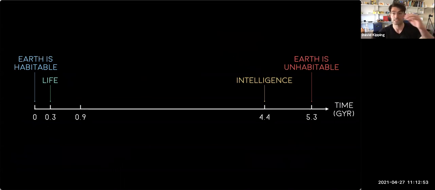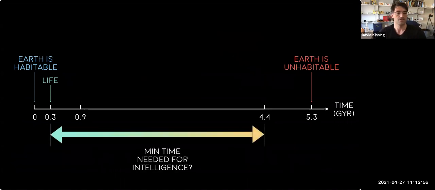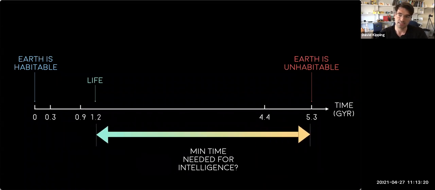Okay, so with this data in mind, let's come back to this original question. Life started early. So let's imagine, as a thought experiment, that the time it took intelligent life to emerge on Earth-like planets is always as long as it did on the Earth. So it took about 4.1 billion years on the Earth, and that's pretty much the minimum time it takes, or it could even be longer. Well, if that were true, then I could push this needle back to a 1.2 billion year start date and still have time for intelligent life to emerge before the end point of the Earth's habitable window, basically.